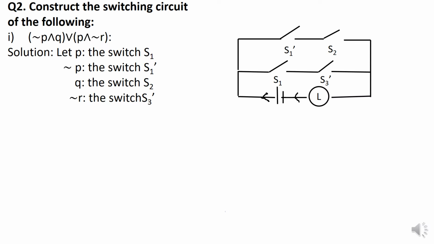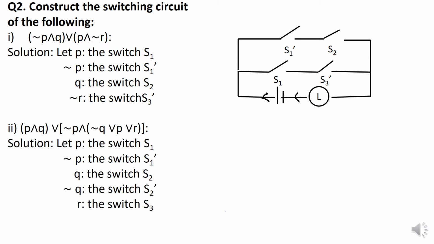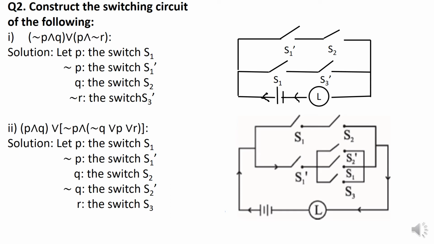The next question, (P and Q) or (not P and not Q) or (P or R). Again, we denote the respective switches, and then wherever the connective AND is there, we draw a series connection, and wherever OR is there, that is a disjunction is there, we draw a parallel connection. And thus our circuit comes out this way. Moving on, the next question,